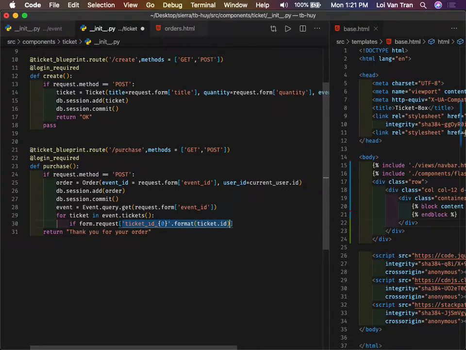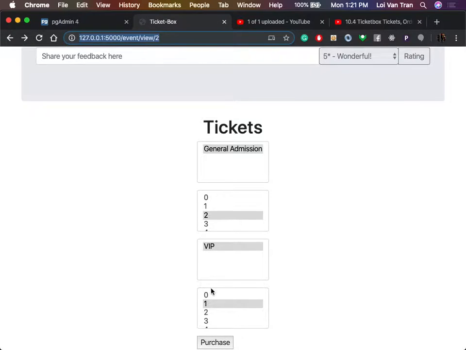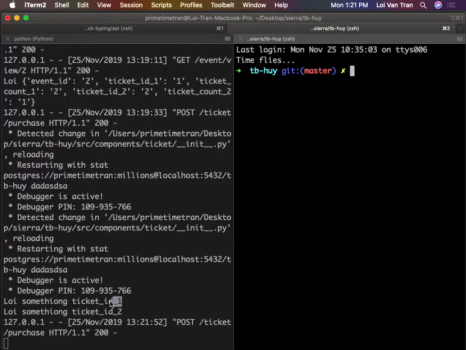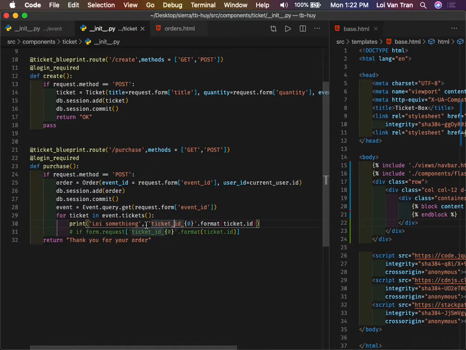Will this work, guys? Okay, let me show you what happens. So we're going to print it. We're going to say Loy something, and we're just going to look at this value. Okay. All right, so let's go ahead and submit the form. Then we look at our console and see we have a ticket ID 1, ticket ID 2, right? So we're gonna check to make sure that we have this thing inside of there. So we're gonna say if the form has this thing right here, and